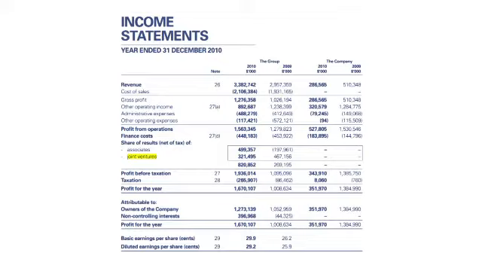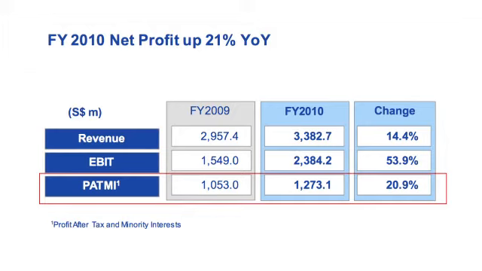Let's move on. We're still talking about EBIT at this point, or are we moving on to tax? Sorry, on profit before interest and tax. Yes, we're going to move on. We're going to look at PATMI, the third zone of the income statement. So we talk about revenue, we talk about EBIT, now we take a look at what's called PATMI, profit after tax and minority interest.